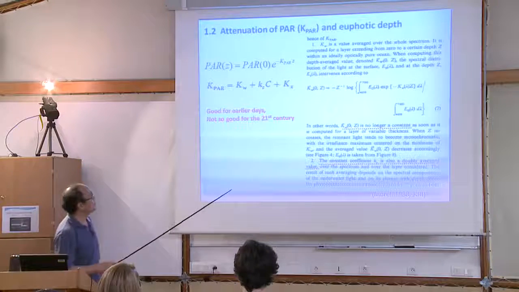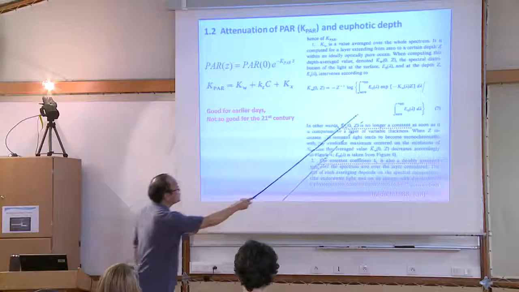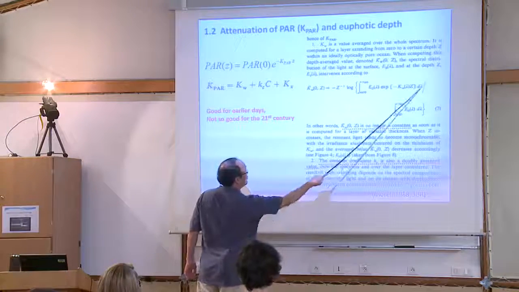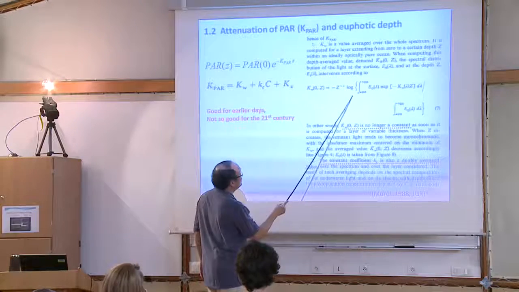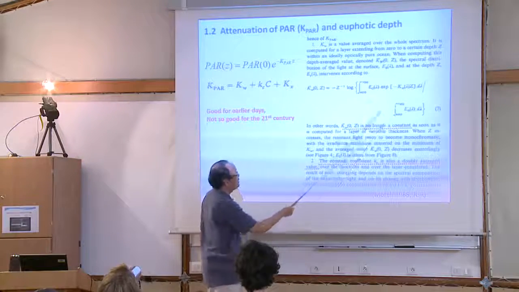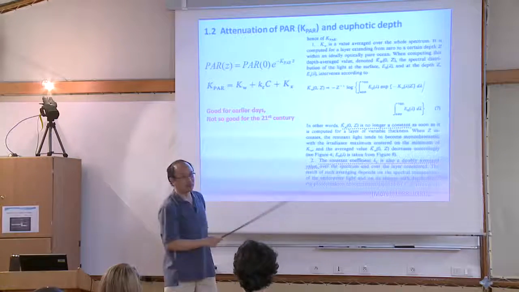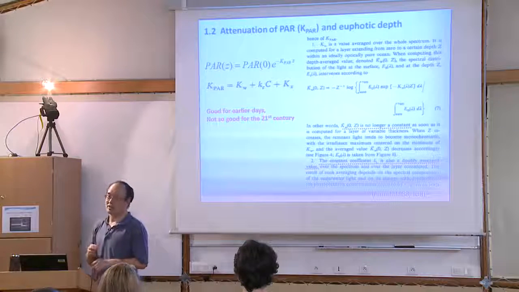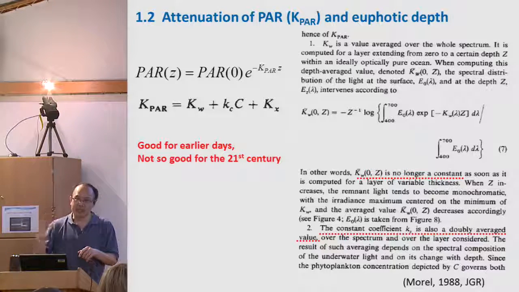The reason is that PAR is a spectrally integrated value. When you do this spectral integration, then take the log and ratio, this K water is no longer a constant with the increase of depth. Simple reason,